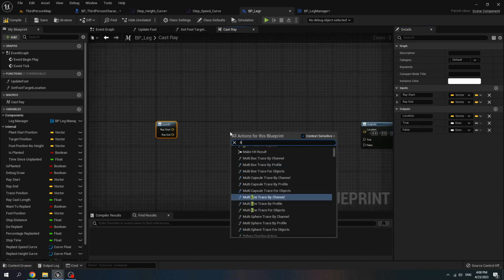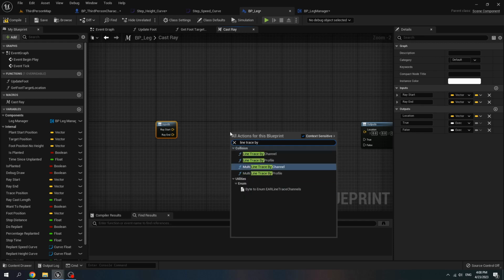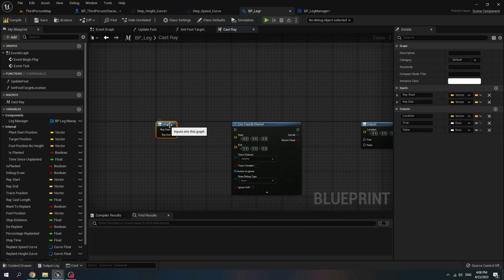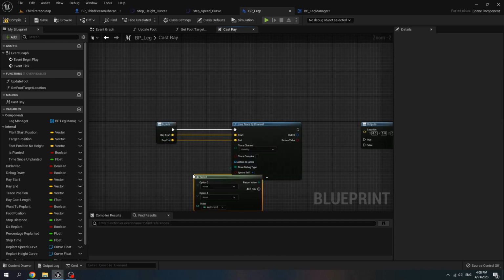Call line trace by channel. And for the input, drag it to the input and move it up. For the execution pin, ray start, connect it to start, ray add to add. Draw debug type, call select.